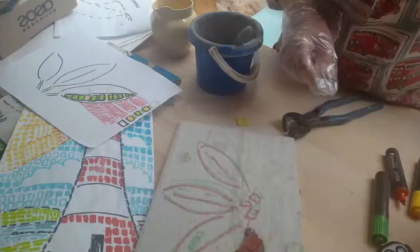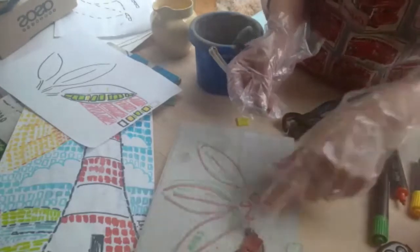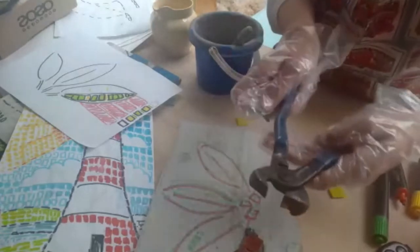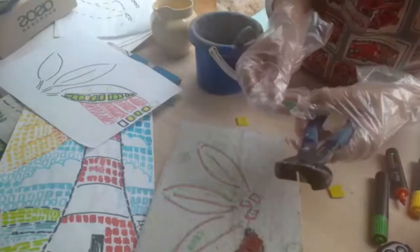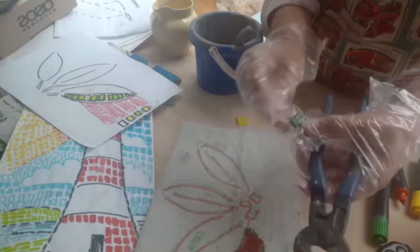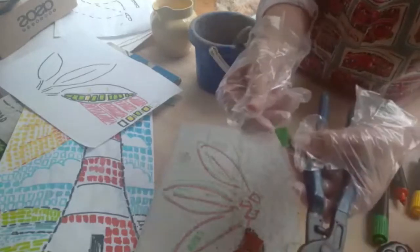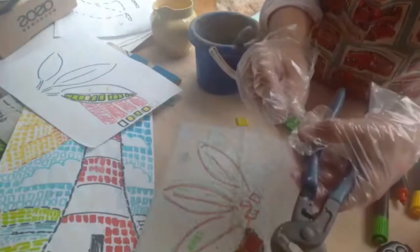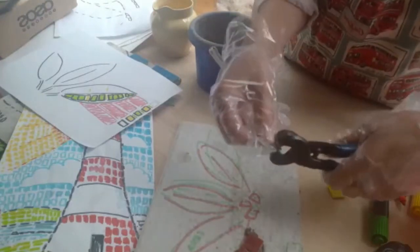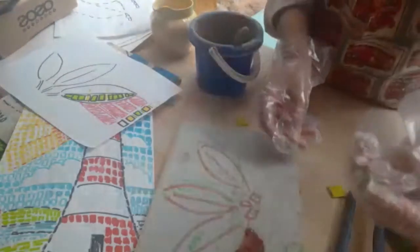If you need to cut the tiles, say for instance in here for my leaf interior, I need to use cutters. Again, cutters are quite dangerous, and if you're not happy doing this, use the tiles whole. But if you can, and you have someone who might be able to guide you, these tiles that I get from Mosaic Heaven, which I've ordered, and a lot of tiles have little ridges in them for cutting them. I go up to the ridge and I press hard with my tile cutter